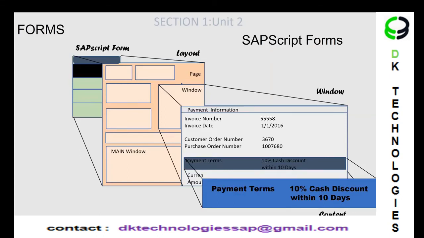These are your forms. In forms we have three types: SAP Scripts, which is kind of obsolete. We no longer use them much, but there are many companies that still use them, so we'll be discussing SAP Scripts also in this course. Then we have Smart Forms, then Adobe Forms. Originally it was SAP Scripts, then SAP made it better by introducing Smart Forms, and they made it even better with Adobe Forms. So these are the three technologies we use to create forms: SAP Scripts, Smart Forms, and Adobe Forms. We'll be discussing all three in this course.